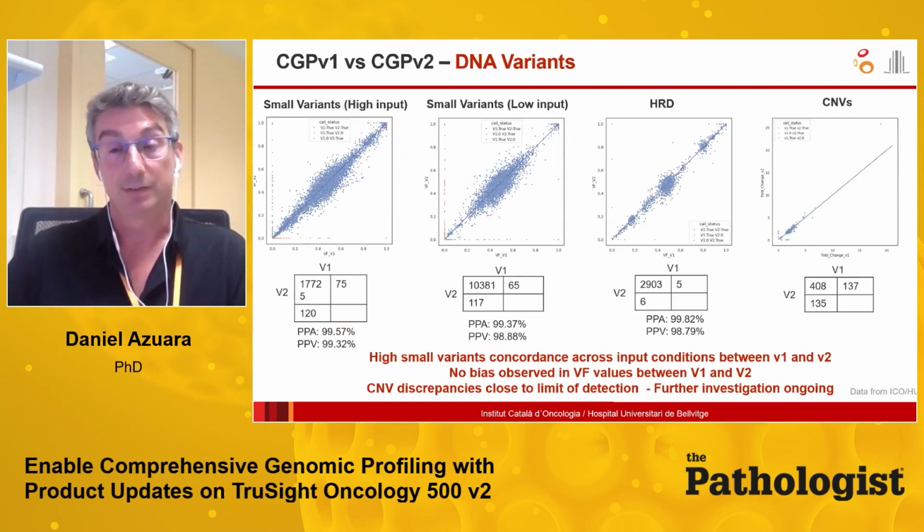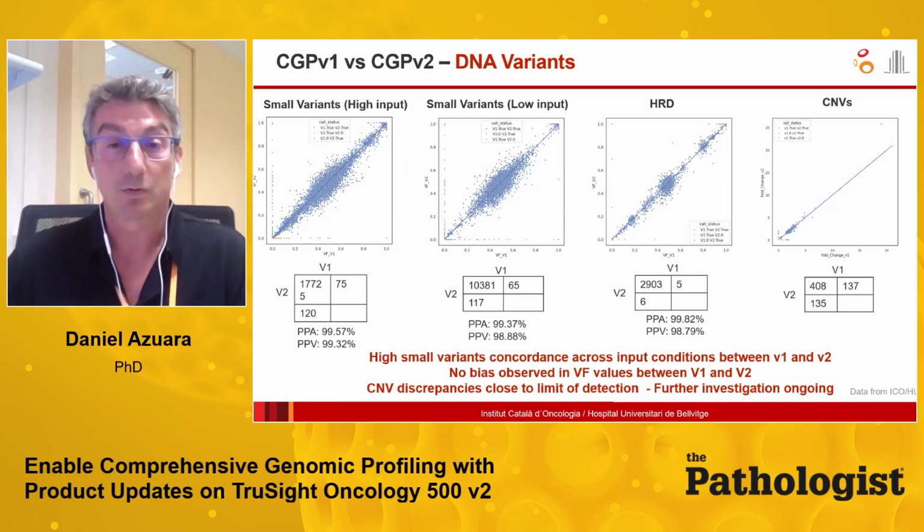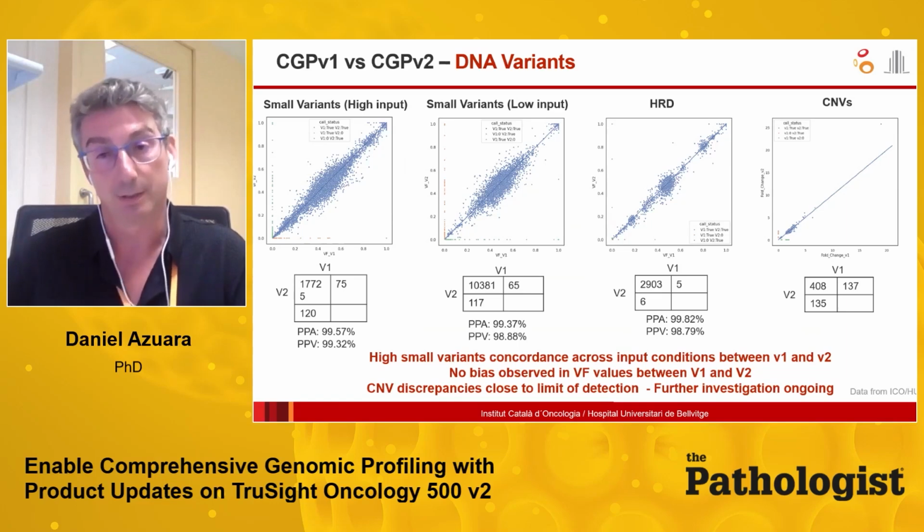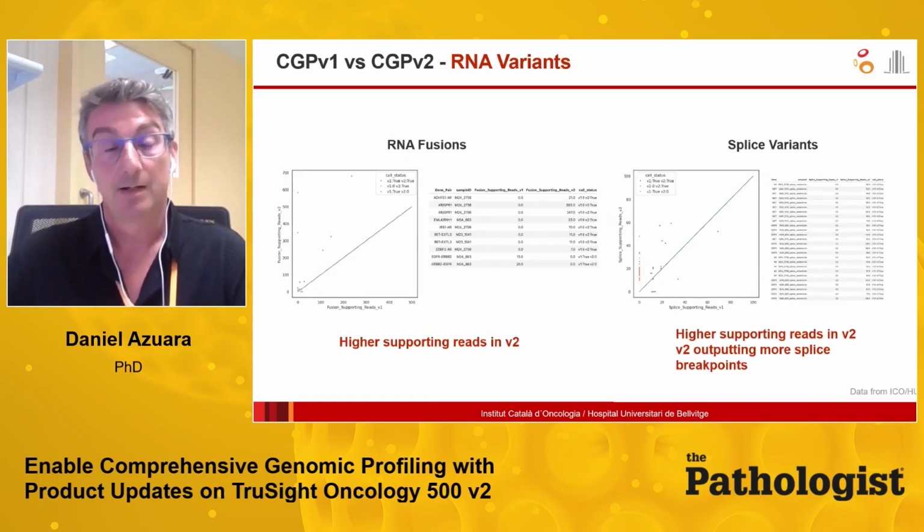Regarding variant detection in DNA, there was high concordance of small variants across input conditions between V1 and V2. No bias was observed in variant frequency values between V1 and V2, and SNV discrepancies were close to the limit of detection, and further investigation is ongoing. Regarding variant detection in RNA,